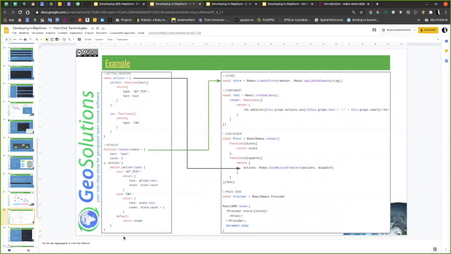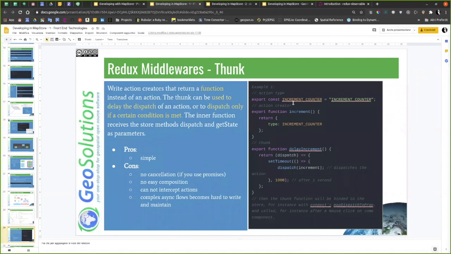In order to do some AJAX request or some asynchronous things in general, or other side effects like the browser does apart from this continuous flow,